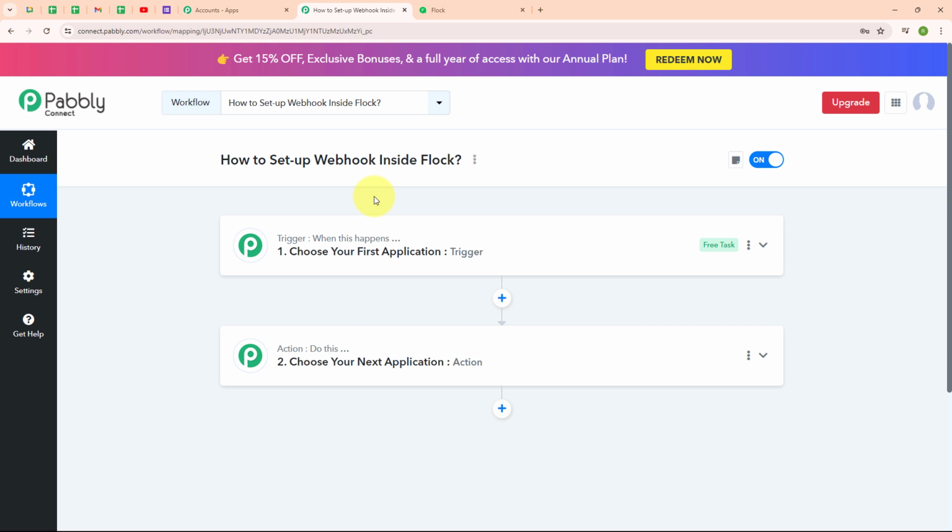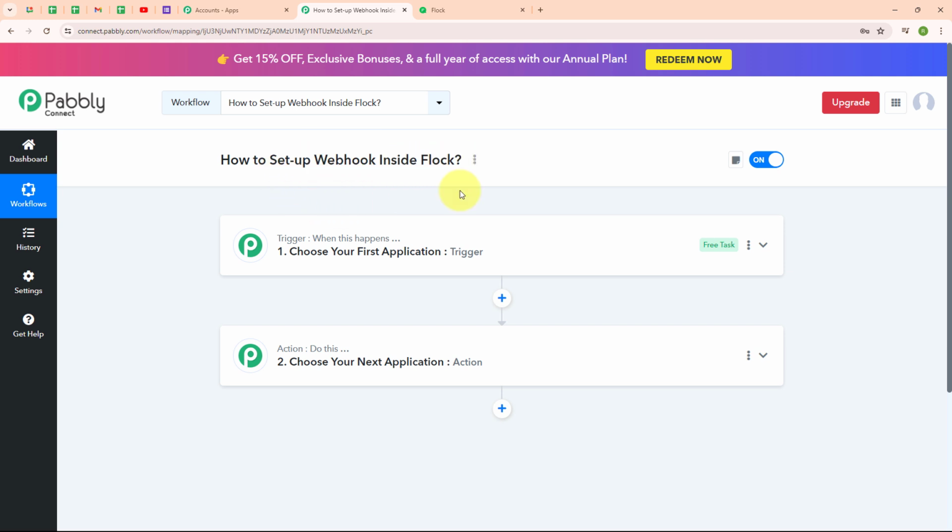Or you can use Webhook to connect one application to another application in order to send the information from one application to another. Let's suppose that I am a team manager and I am managing different channels on Flock with my different team members. In this case, whenever a new message is received on my specific channel, I want to automatically receive a notification on any other communication platform. To build this connection, I need to choose my trigger application as Flock and my action application as that particular communication platform. So here we are going to learn how to set up Webhook inside Flock.